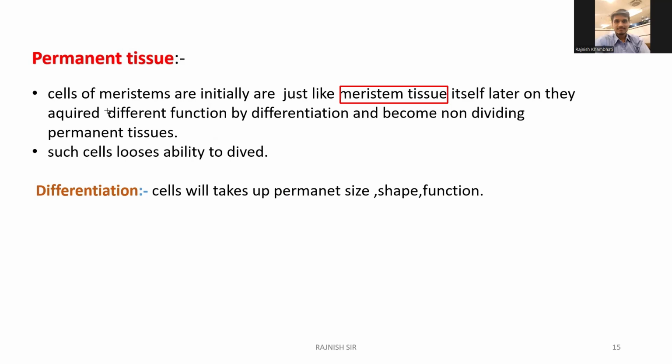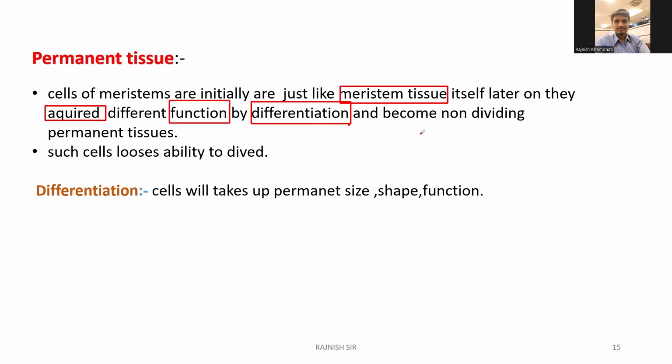But later on, they acquire a specific and different function. The meristematic cells acquire function and they undergo differentiation. And after differentiation, now they are not known as meristematic tissue because they are turned into some other type of tissue,